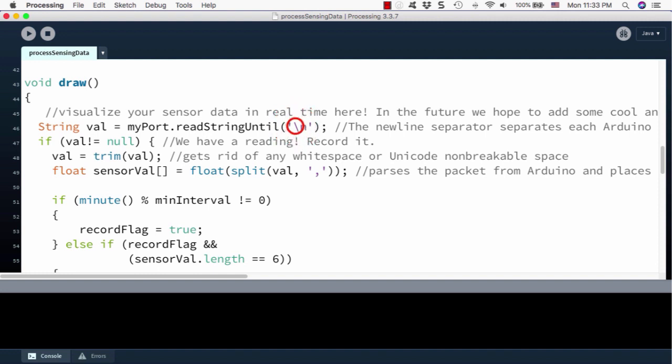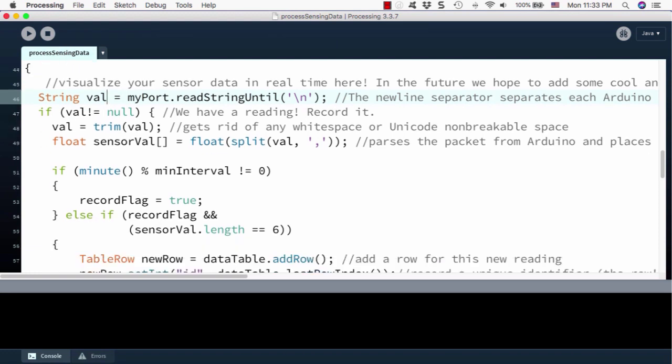Now the first thing is to read line by line. Can you remember that in the Arduino, every println means a carriage return? So we will distinguish each row based on the carriage return and put it into a string variable, and check the conditional that if the value is not null, and trim the unused characters if there are any. So we will use the trim function to eliminate the